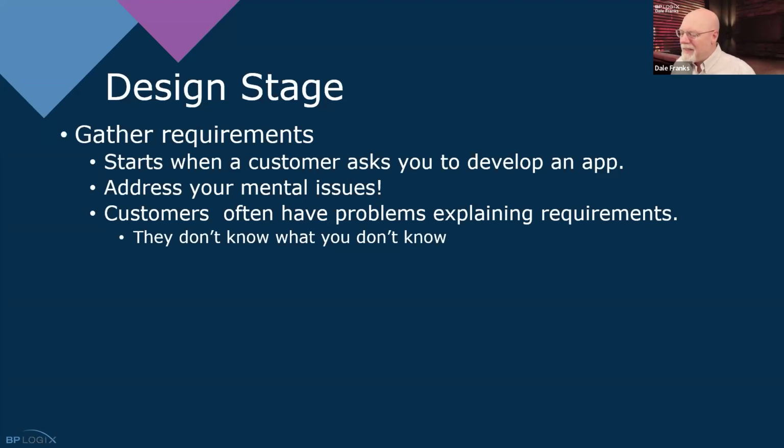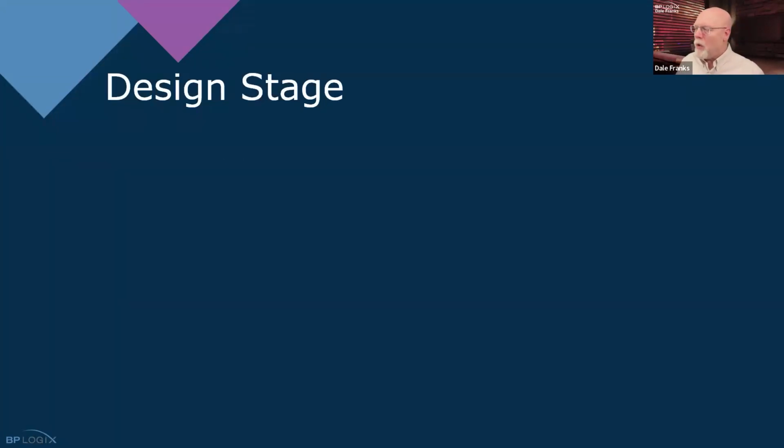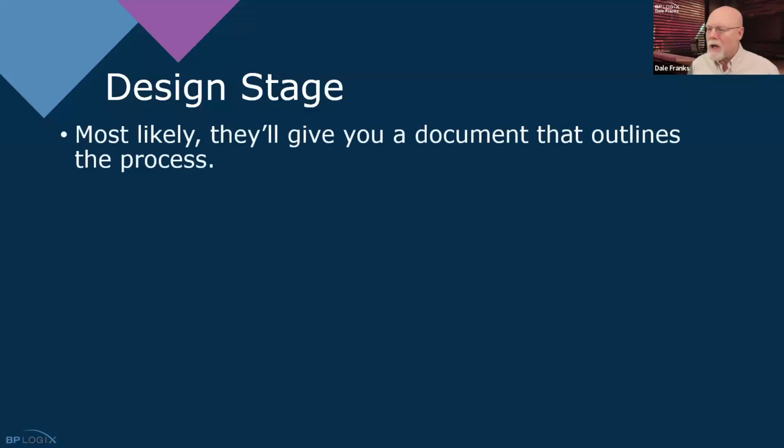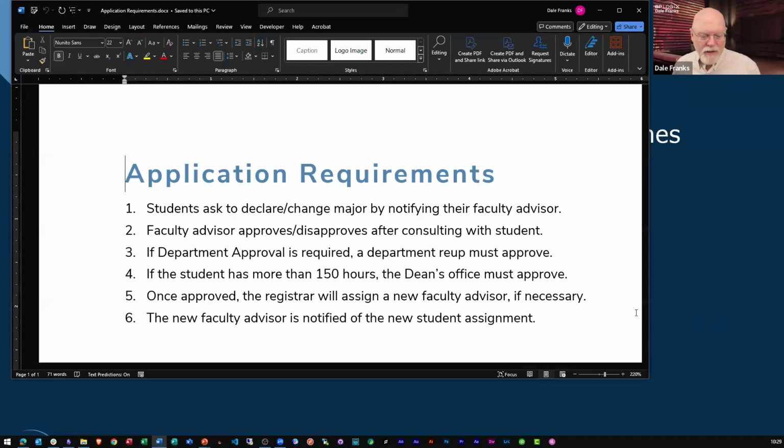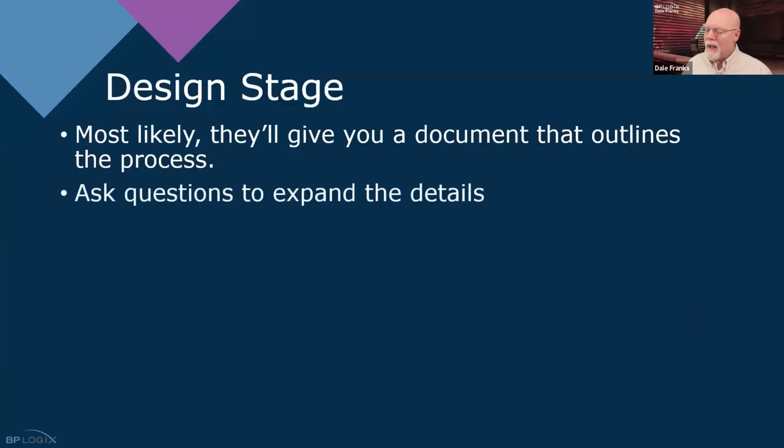So thus, in the design stage, you run into this communication problem of assumed knowledge. Again, it's a theory of mind problem where they just don't know what it is that you don't know. So what you'll get is something like this that says, okay, well, this is our application. This is how we want it to work. And as soon as I see this, I have questions that I'm going to need to ask that customer